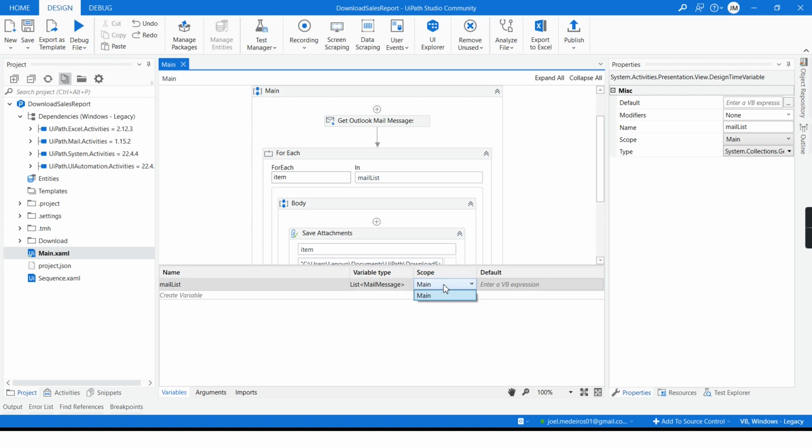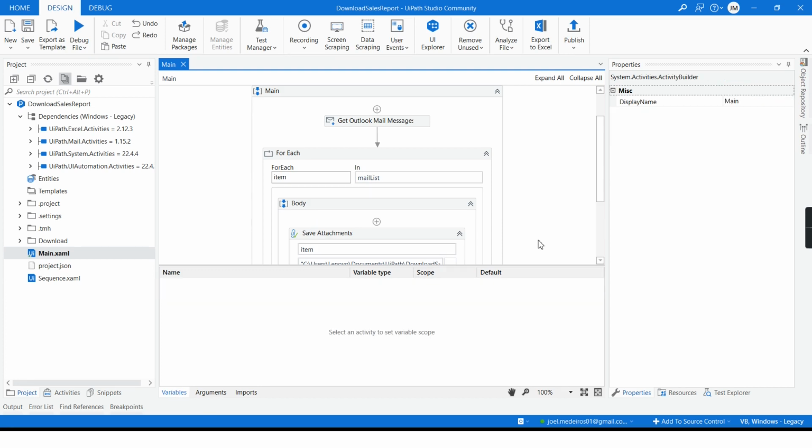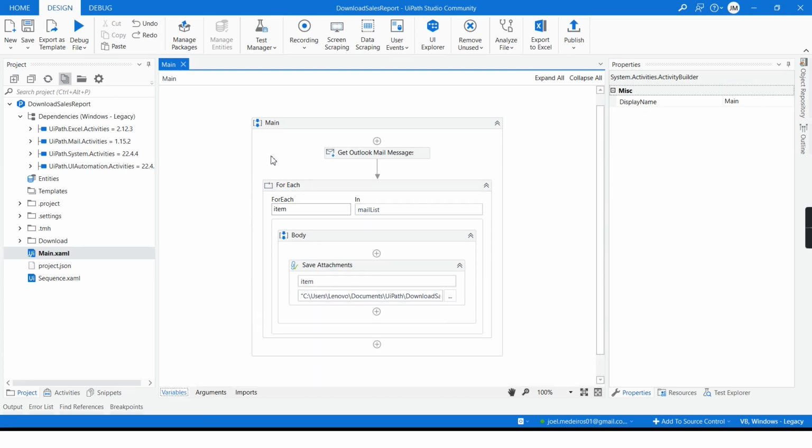In my case, I have only one variable for now. When I minimize here, this means the main workflow has this one sequence, so this is the main scope.